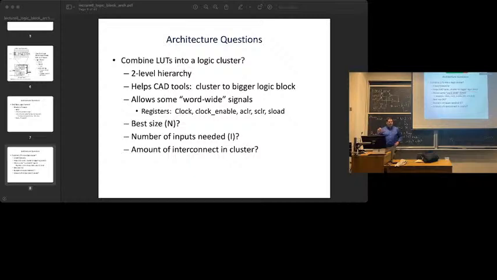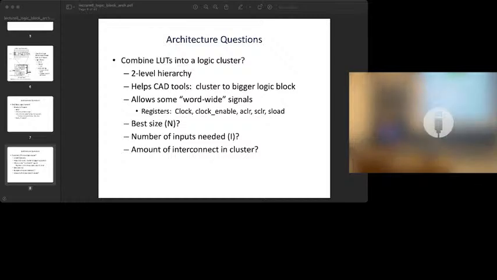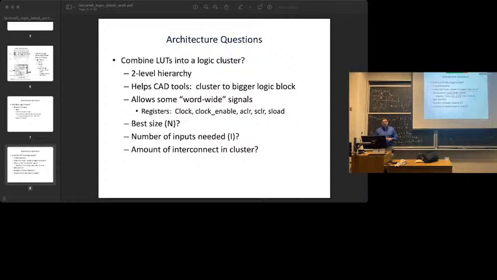That is a restriction on the CAD tools, but it turns out that's the way people make designs, and it works well. They use the clocks across a lot of registers. It's a little bit less true for clock enable. Well, they'll use it across some registers, but not thousands, but they will use it across usually all the registers in a word. So a logic cluster gives us a natural way to say, well, if people usually use this